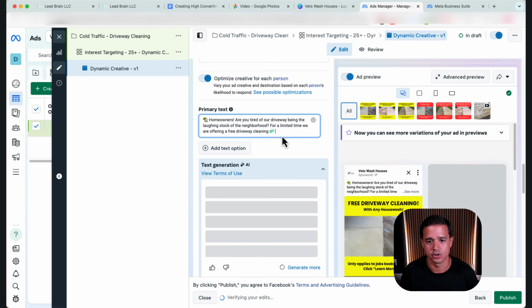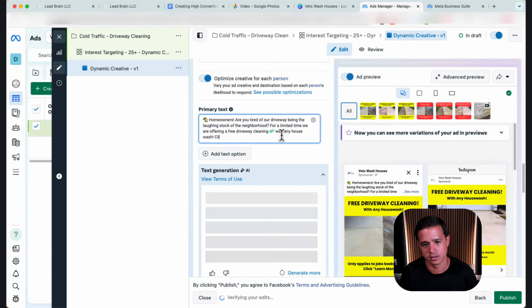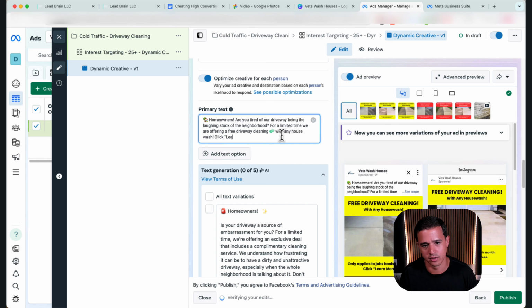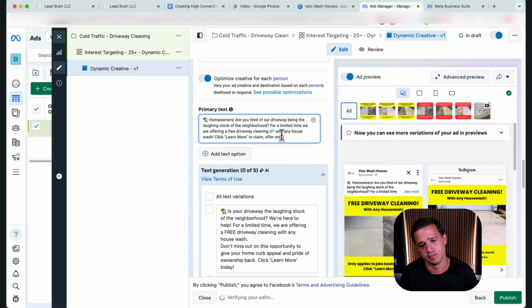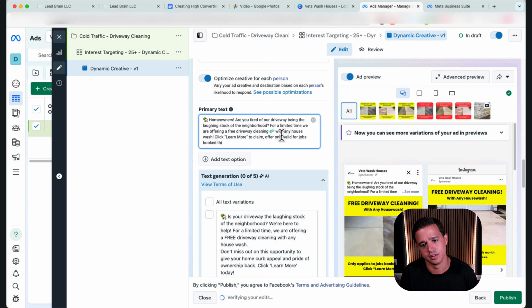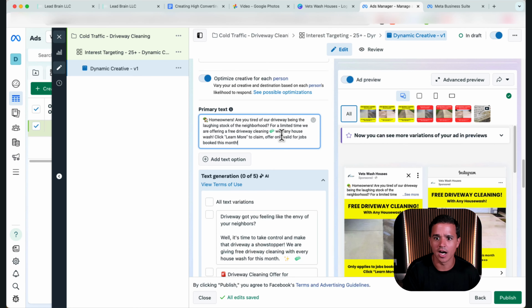Now we're just being extra with any house wash. Click learn more to claim. Offer only valid for jobs booked this month. Right, super simple. This probably isn't the most optimized text here, but you get the idea, right?